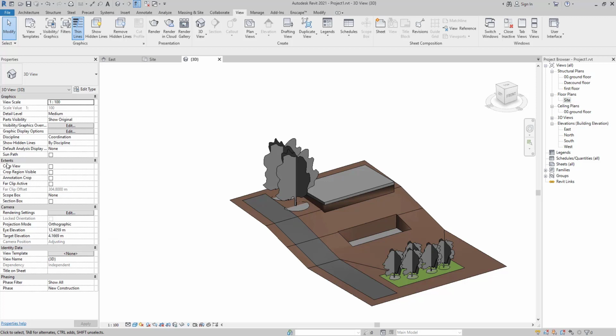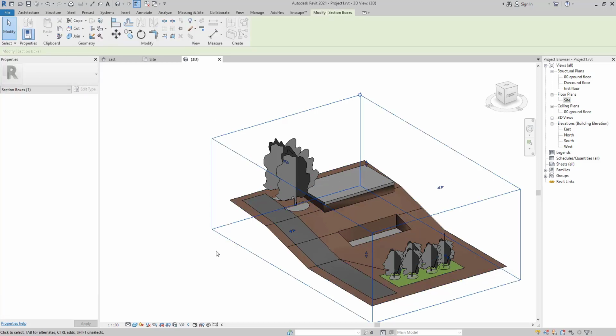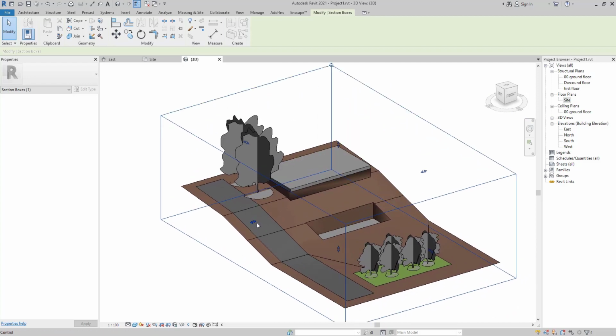Here in extent, the last option is section box. We are going to, for example, choose and mark our section box, and the box will appear here. This box will be controlled just by clicking and moving our arrow. Section box, as you know from the name, means you are going to cut, you are going to create a